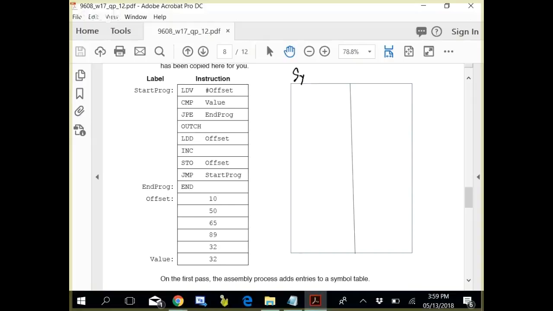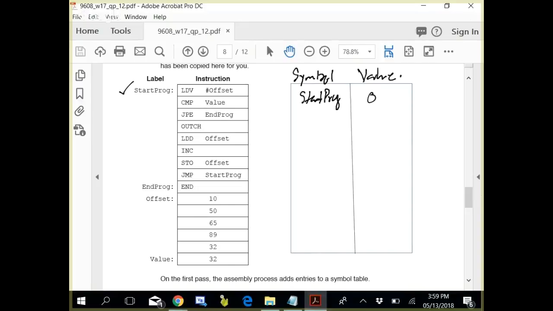One is symbol, other one is value or address, whatever. So what does it come across first? Start program. What is the value? 0, because it has address 0. When addresses are not given, automatically the first address is taken as 0. Then it comes across what?